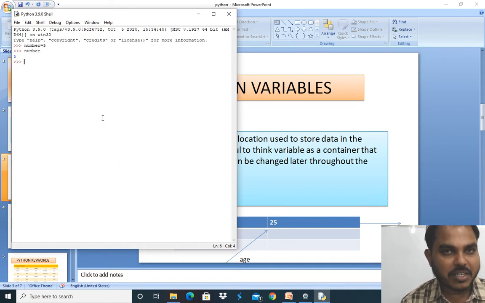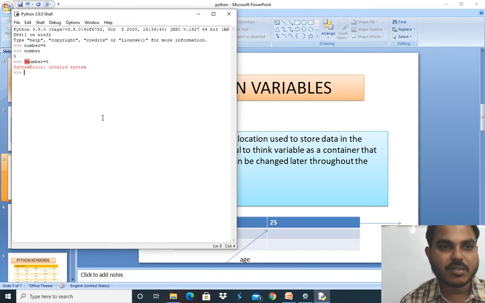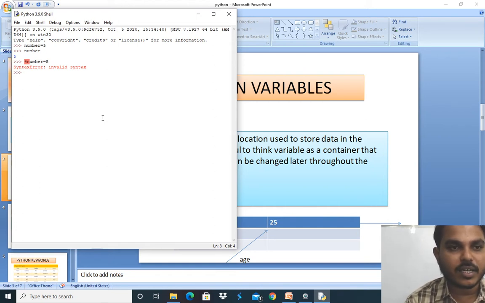As I said, you cannot start a variable with a number, so let me try one: 4number = 5. It gives a syntax error because the Python language cannot identify a variable which starts with a number. But in between you can use it, for example number4er = 5, and it identifies. So alphanumeric you can use, but you cannot start with a number.